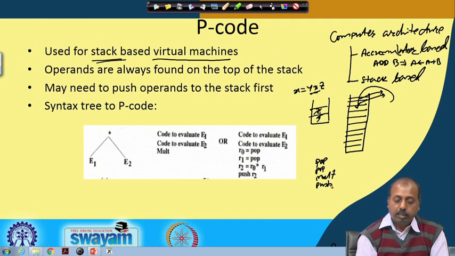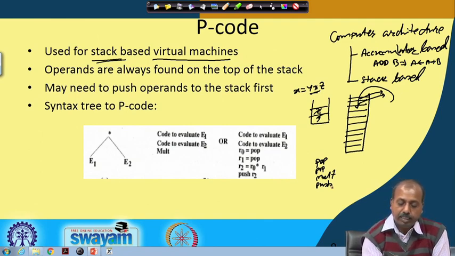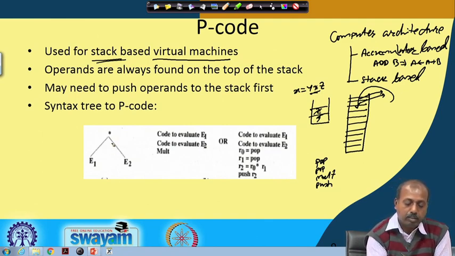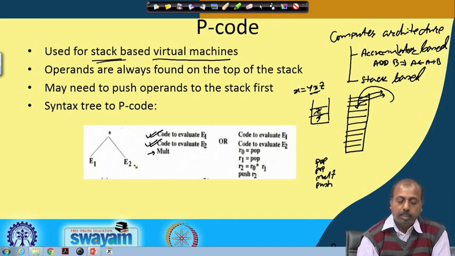So, it may be like this: suppose I am multiplying two sub-expressions E1 and E2. We already have the code for evaluating E1, the code for evaluating E2, and then I say multiply.